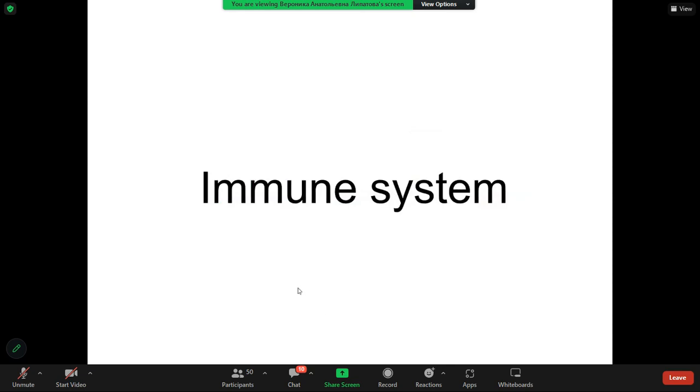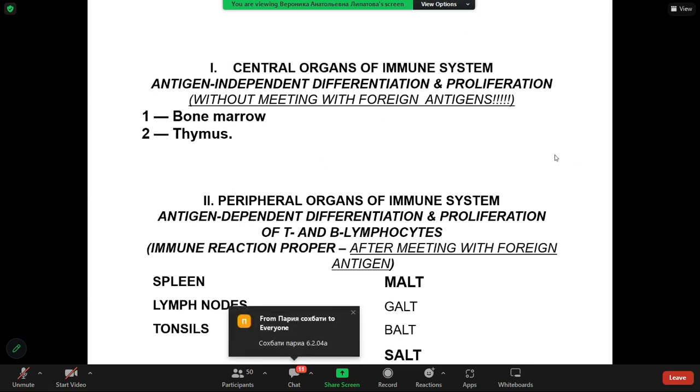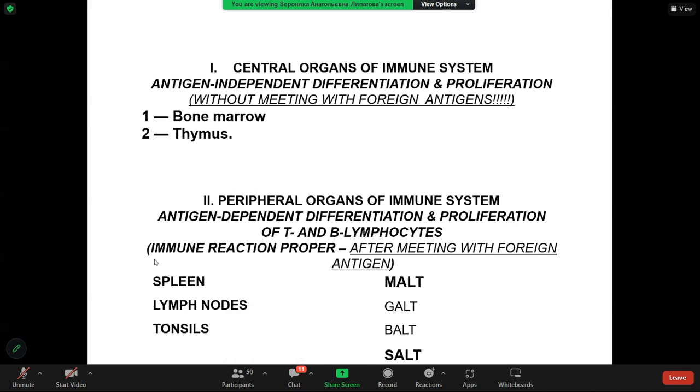Organs of immune system. It's a very important slide describing the principal differences between central organs of immune system and peripheral organs of immune system. First of all, central organs of immune system include bone marrow and thymus, and peripheral, spleen, lymph nodes, tonsils, and as well